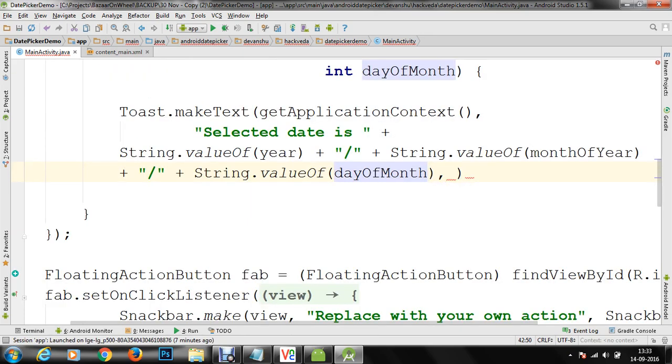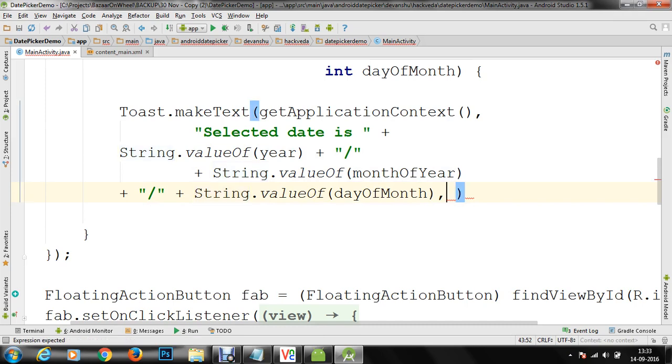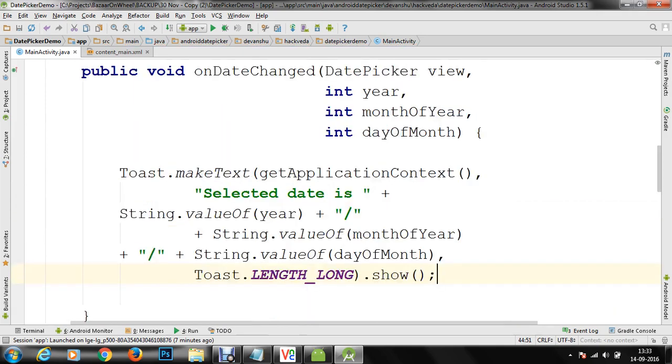So now you can see, once your date is selected, you are going to get the year, month and current day, and finally you have to specify a duration for this toast, somewhat like Toast.LENGTH_LONG, and we are going to display this. So as soon as a new date is selected, you will be able to display the current date, and it will be displayed on your application.